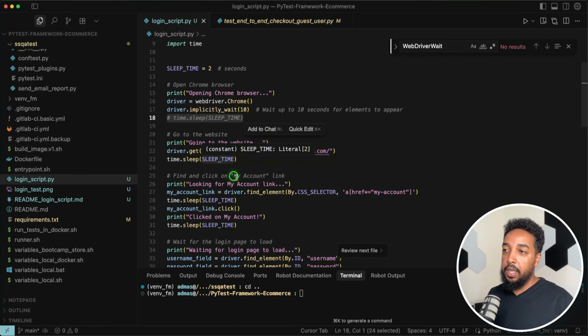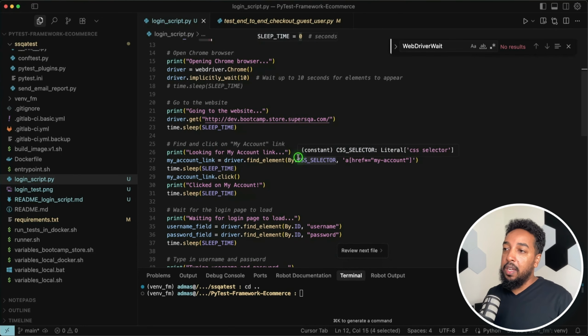It's going to sleep for 2 seconds. Sleep means the script is not doing anything. It's just going to wait. Sleep in your code, this is true in most programming languages. You put a sleep to tell the code, okay, don't do anything, just hold on, chill for a little bit. So this is chilling for 2 seconds. I'm going to set it at 2 right here. Then it's going to click that My Account link.